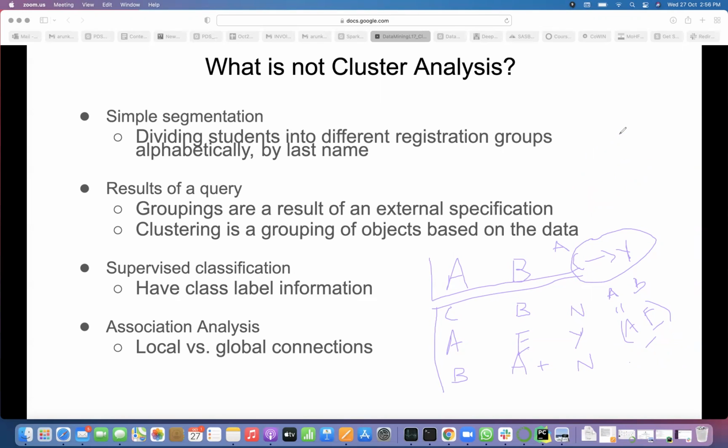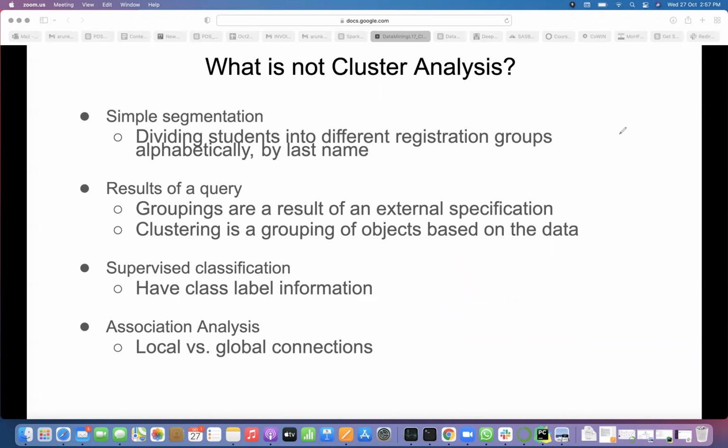So even association analysis can be used for classification, but it is almost close to decision trees. In decision trees, one advantage is you are reducing your number of rules by a splitting criterion. Here we are not using any splitting criterion. Here also you are getting some rules in association analysis, but because we are not using any splitting criterion, the number of rules will be very high.